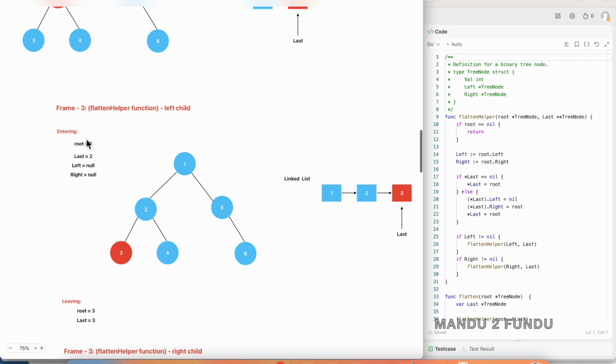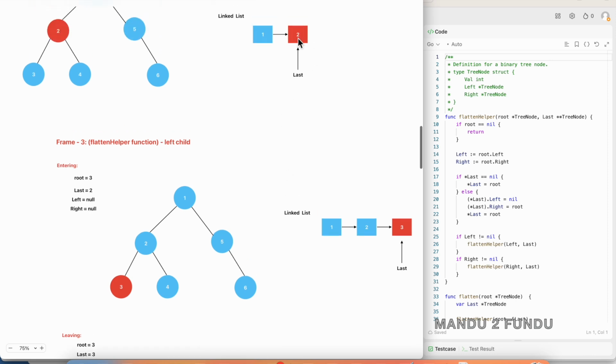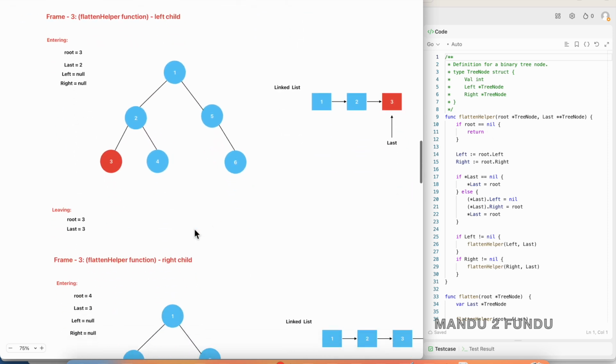In that, the root node is 3 and the last pointer is pointing to node 2, and this node does not have any children, so the left and right variables are null, so we will not make any recursive call. After adding node 3 to the linked list, we do not make any recursive call to process the left and right child. Okay, so then we come back,